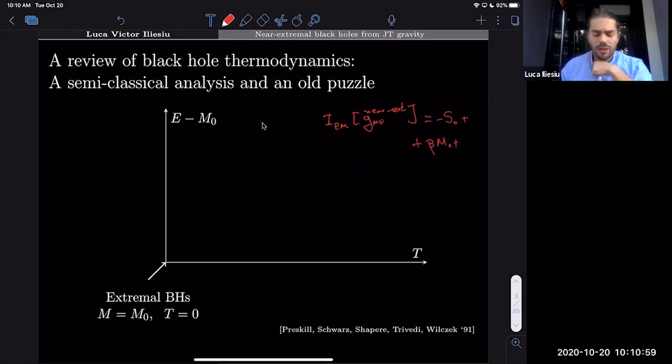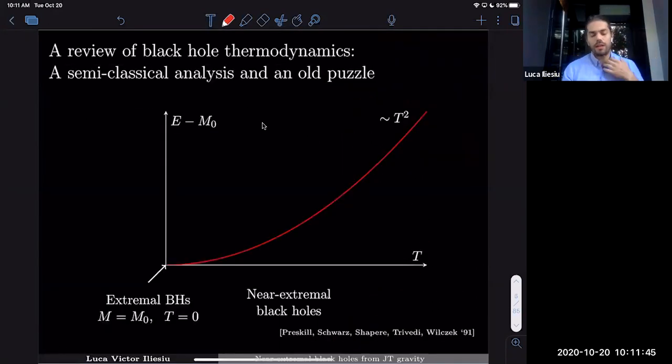And finally, you'll also get a term that shows how near-extremal black holes scale with temperature. And this answer will look something like minus some scale, which I'll mention in a second what it is, divided by beta. So this is a general feature. If you plug in near-extremal solutions into your favorite gravitational action, this is the result you'll typically get. So this gives us the free energy of the theory at a semi-classical level. And with this free energy, we can easily obtain the energy of such black holes.